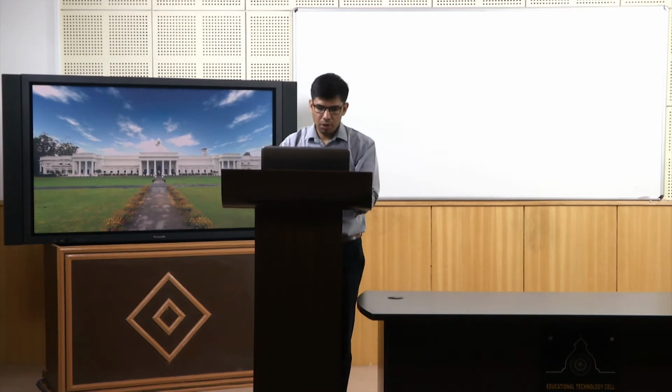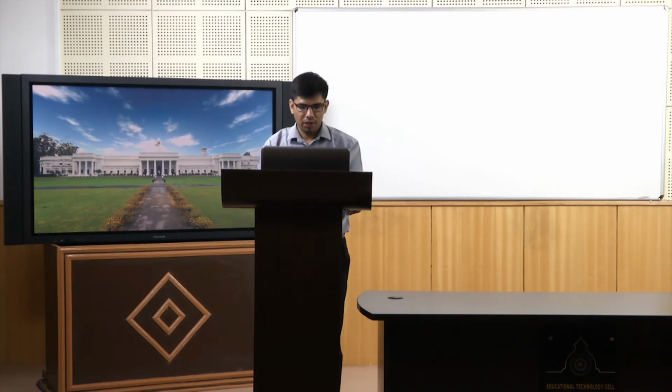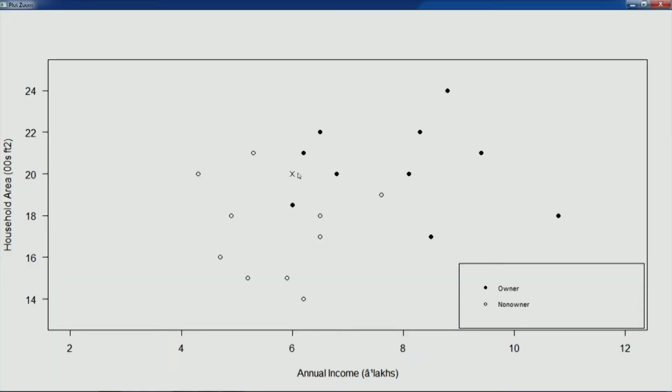For example, using the plot that we had generated in the previous lecture, if this is the new observation represented by the X symbol, and we are required to find just the one closest neighbor of this new observation, then it would probably be this point.